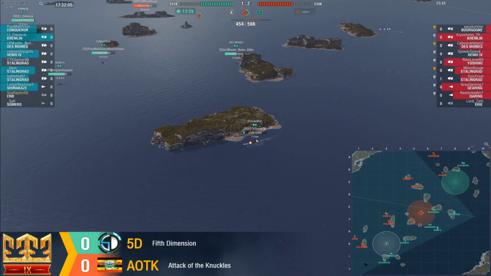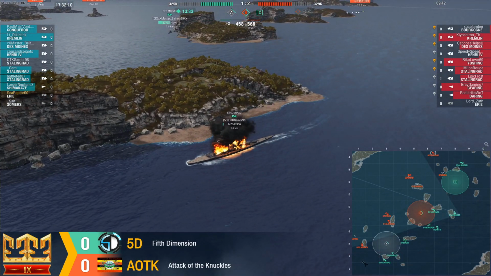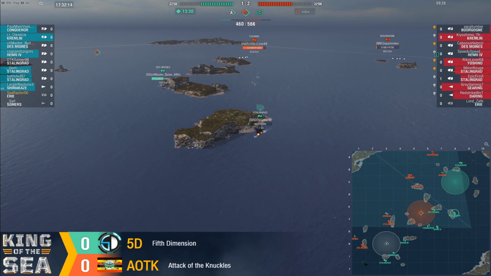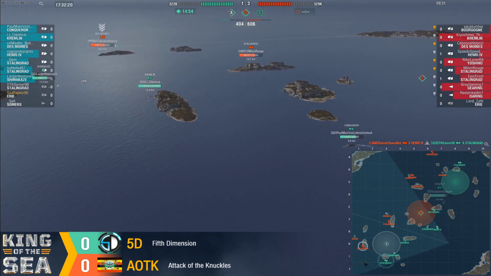DTK's Gamer Stalingrad also about to go out. He's burning. Hasn't extinguished it. Under 1500 HP now and falling. More shells coming in. This will be it for him. He's going to radar on his way out of the game, but he's dead. Two-ship advantage now for